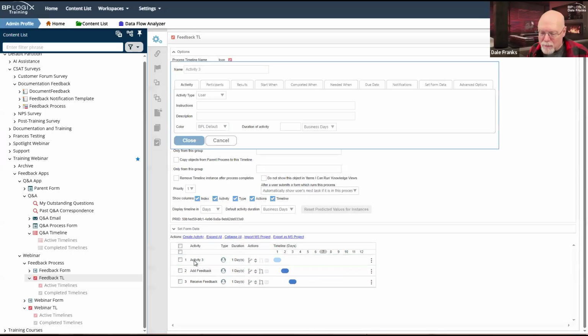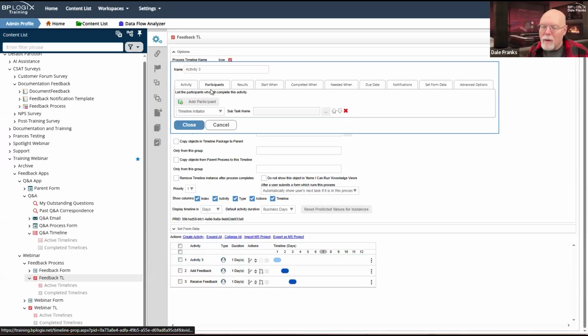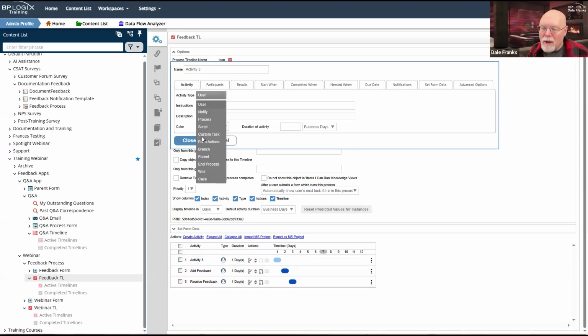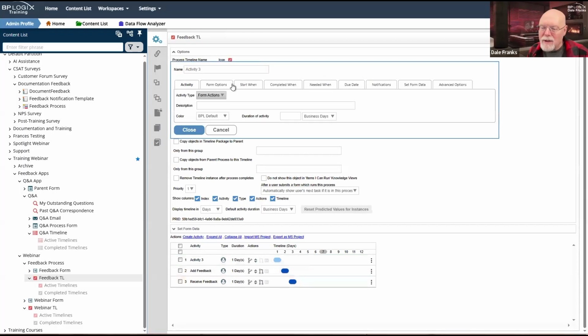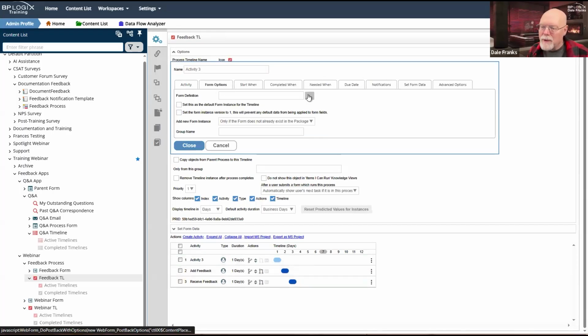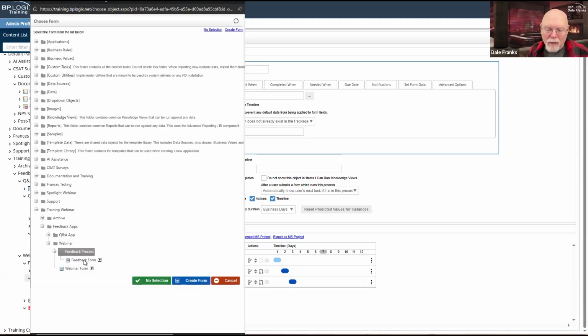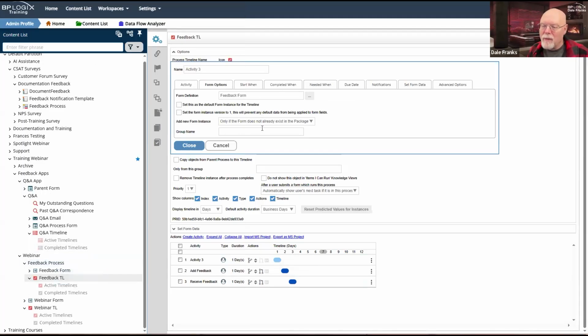And here, we're going to set this to a form actions activity. Our form options, we are going to set our form definition as our feedback form. Set it as the default form instance for the timeline.